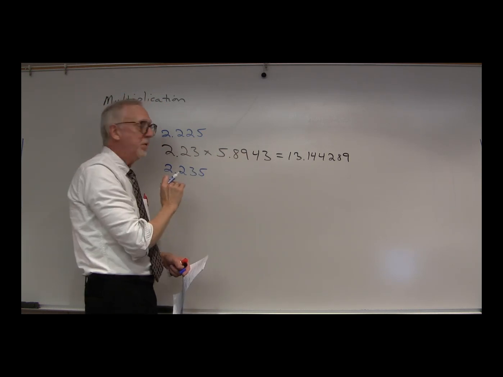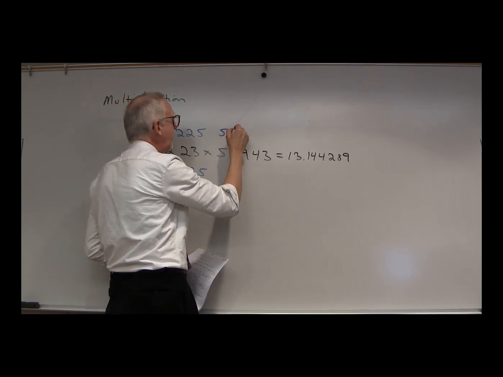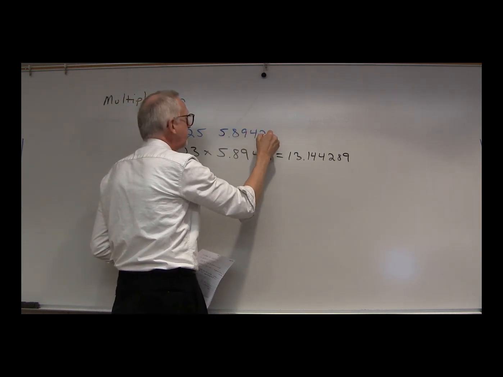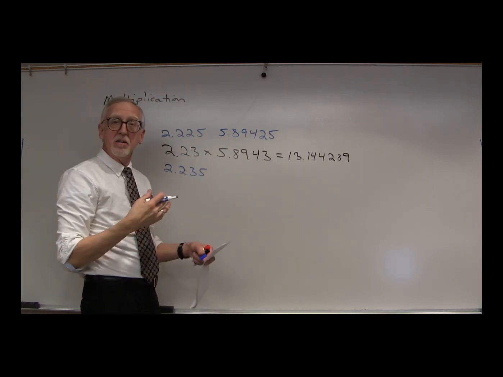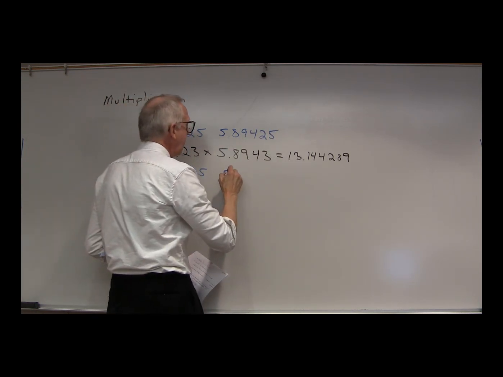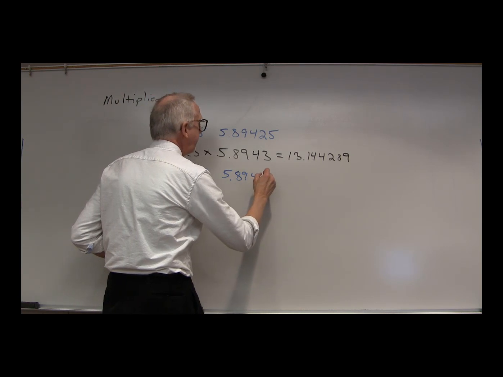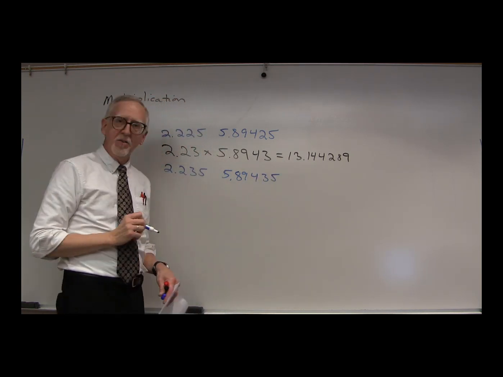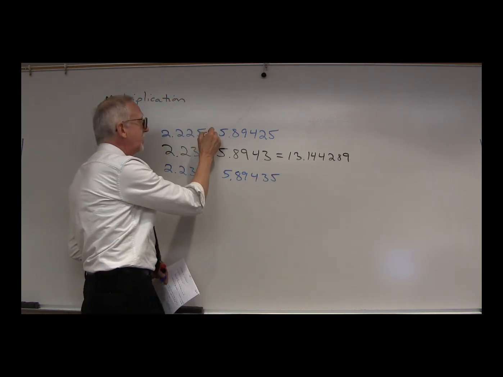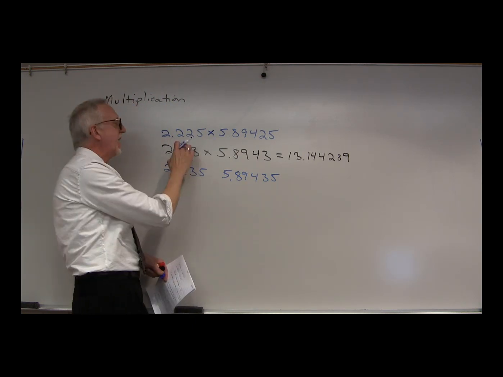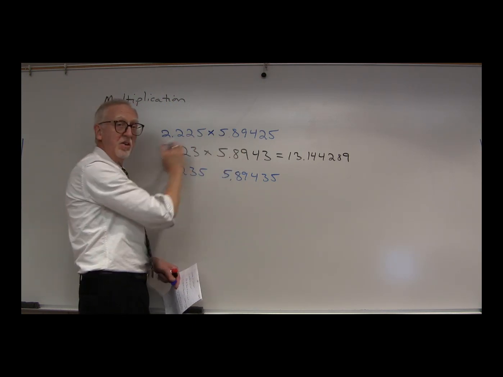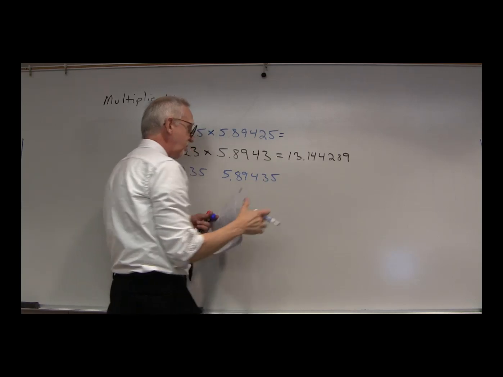While this number could be as small as 5.89425, or as large as 5.435. So the product could have a value that's as small as the product of these smaller values, which turns out to be